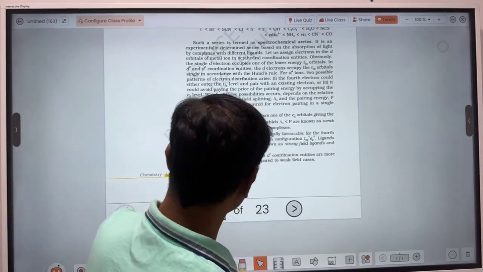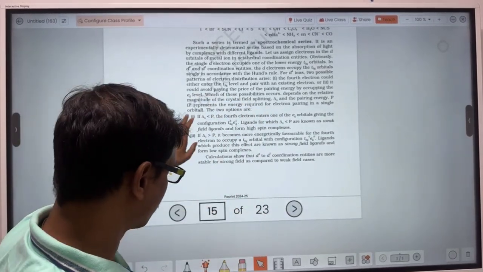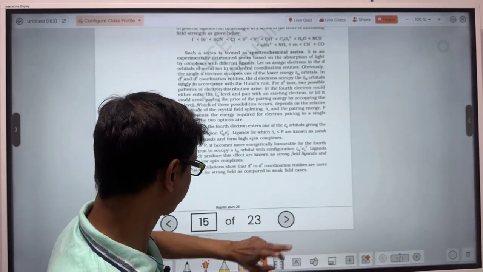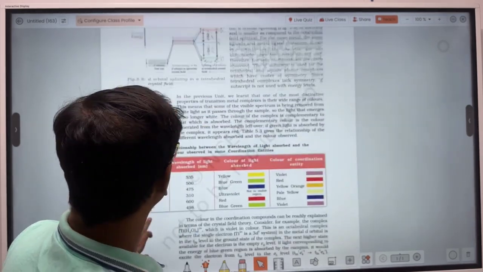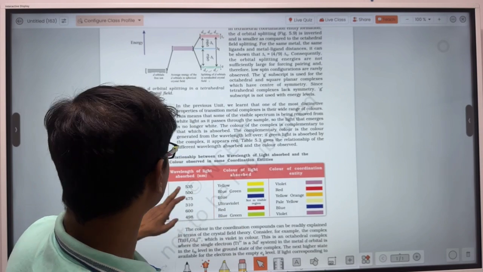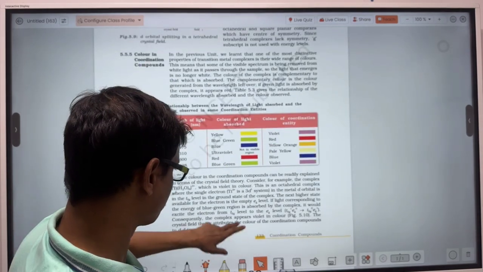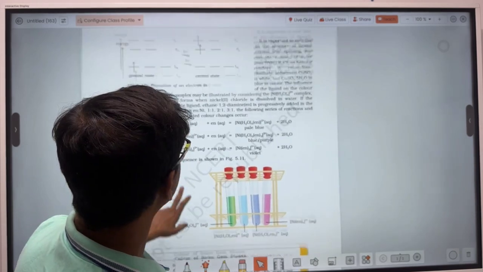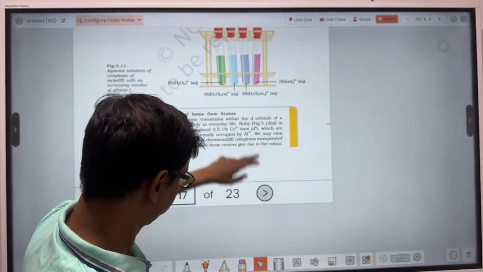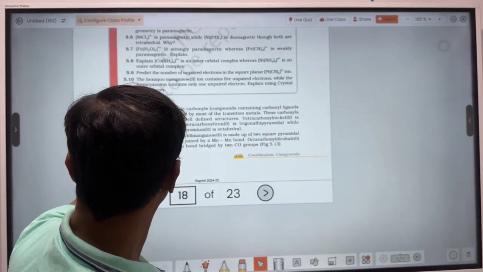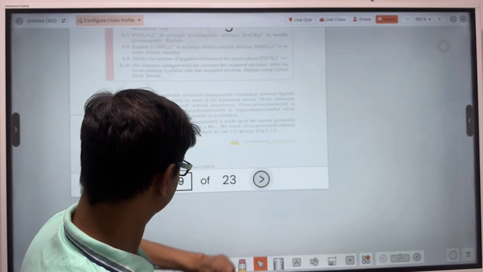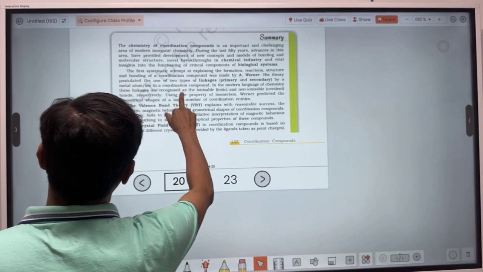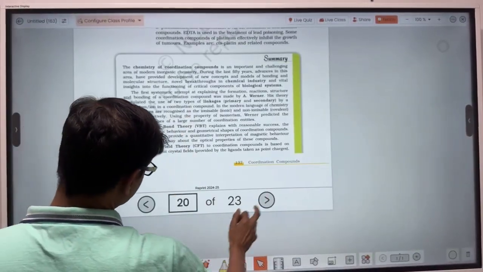Then after, we will discuss why coordination compounds are colored, in the crystal field theory. That explains why coordination compounds are colored. So firstly, about bonding in coordination compounds, in the next class we will discuss